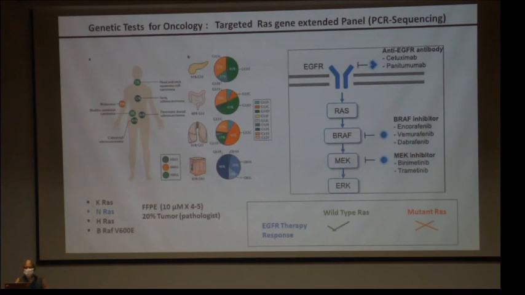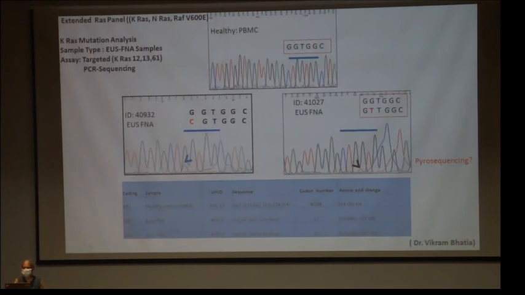Again, here the advantage is, if you know whether it is wild type or mutant, you can decide on the therapy. The clinicians know it very well, and very quickly I'll show you the data of Dr. Bhatia. This is the work that long back we did with a very minimal amount of sample, the EUS FNA, and we looked at all the codons, 12, 13, and 16, and we found that mostly it is the glycine to valine. But now there's a drug which has come for glycine to cysteine, so you can directly target this. So this is something which we can do here with a small amount of money, or if you find that it is much cheaper outside, that can be done as well.